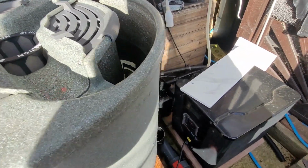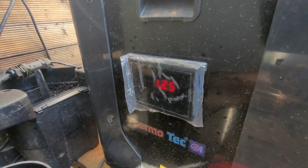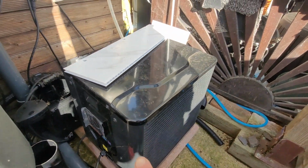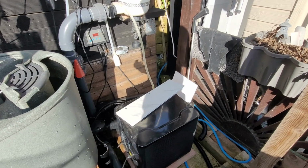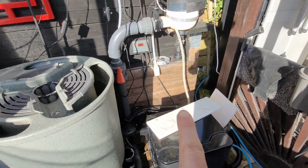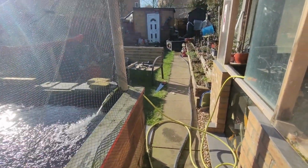One thing I haven't mentioned, in a couple of weeks I've been doing other things. This pond's up to 12.5. So this is back on, set to 10, just to keep it from dropping too low overnight. I'm doing great. Oh, I've got to put the electric cover back on as well. But yeah,